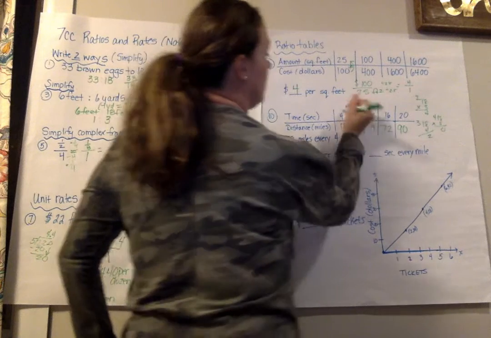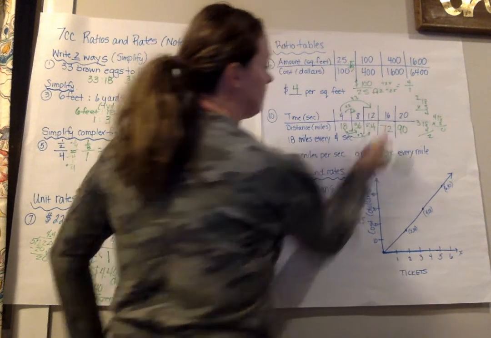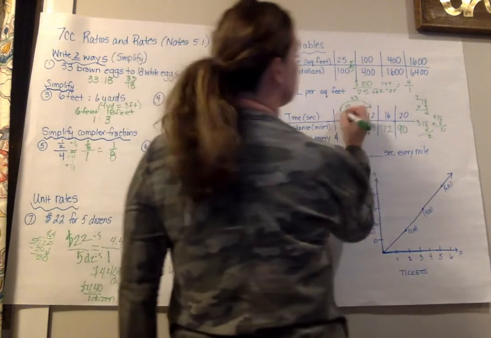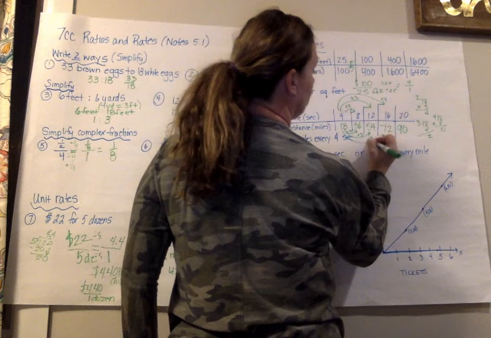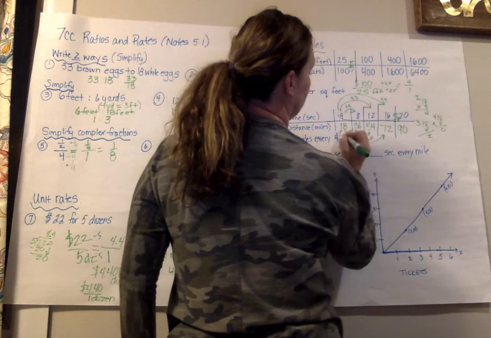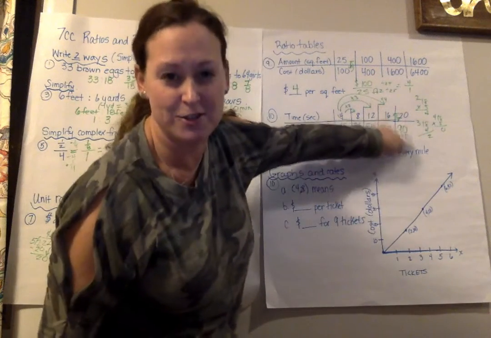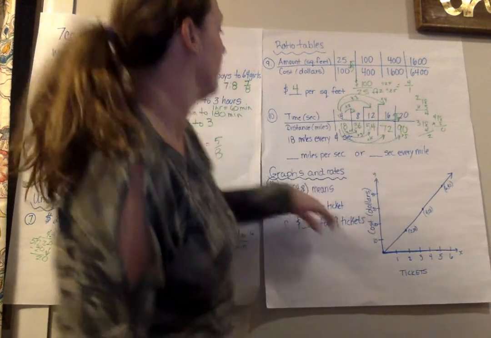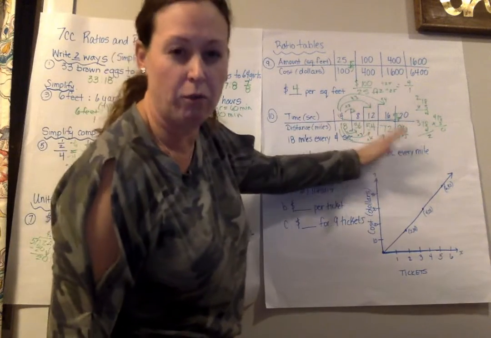Okay. For these, I'm multiplying both by 3. For these, I'm multiplying both by 4. And for this one, I'm multiplying by 5, and I'm multiplying by 5. So as you can see over here, I did the multiplications this way. When I'm filling out a table, I need to make sure that it's linear,